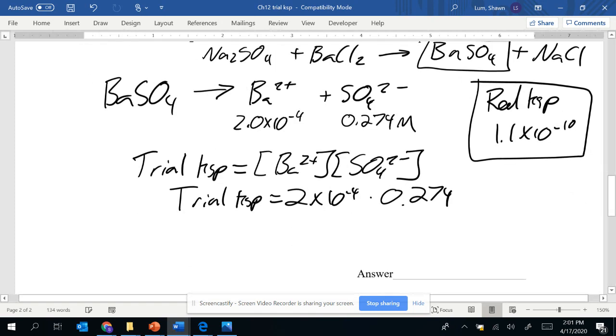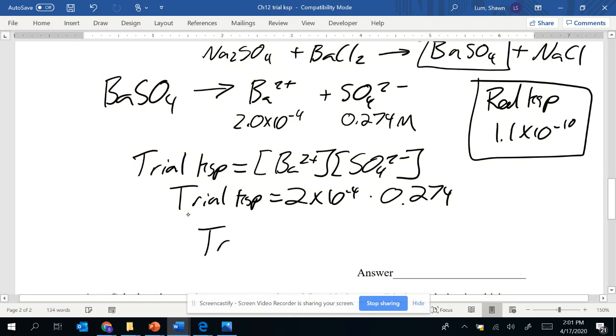I can already see that this number is going to be way bigger. Trial KSP equals 2 times 10 to the minus 4 times 0.274 equals, I get 5.48